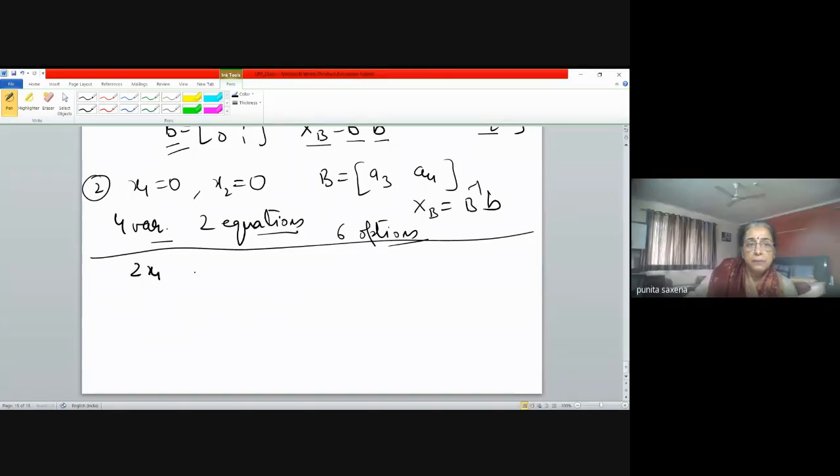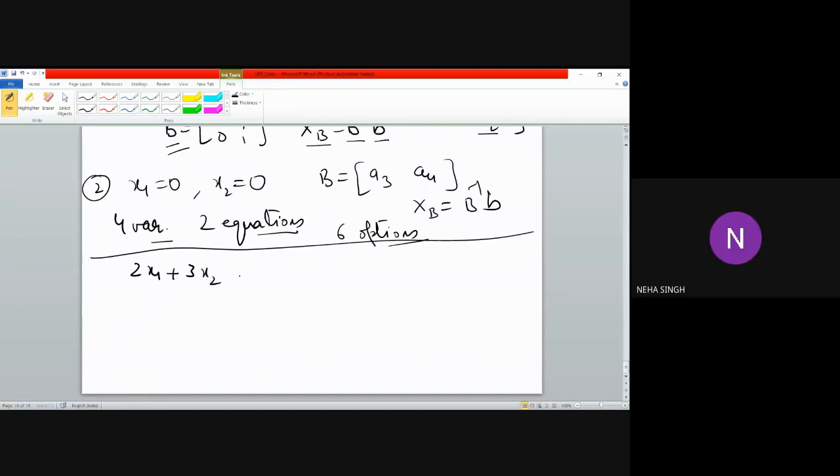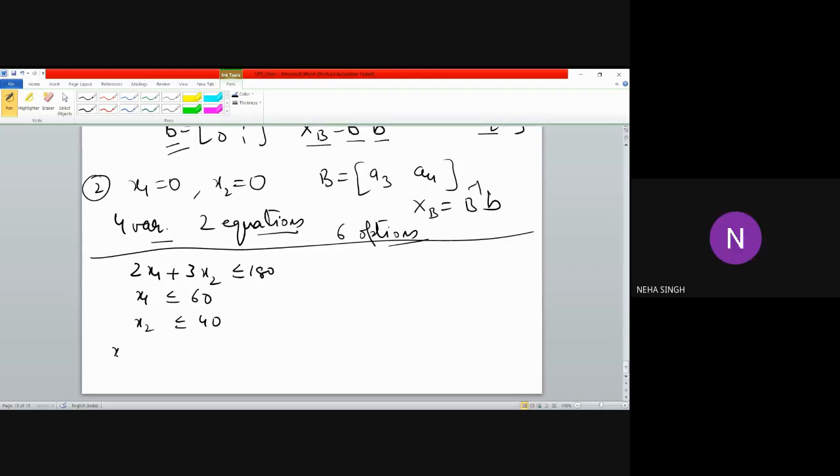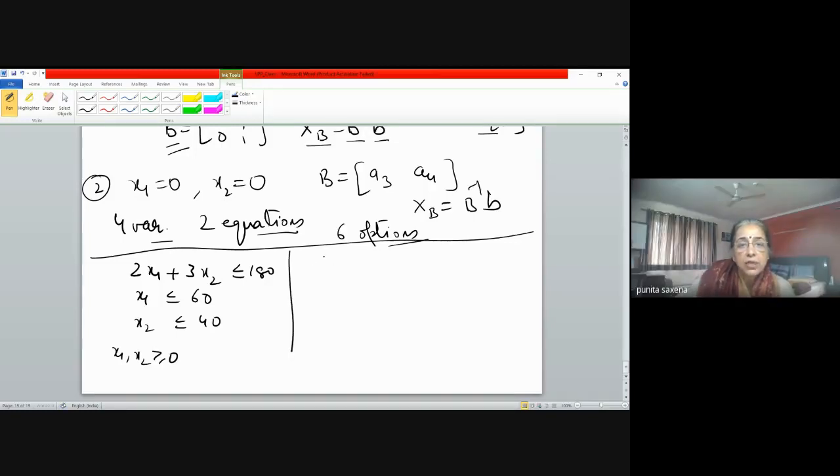2x1 plus 3x2 less than equals to 180. Okay. x1 is less than equals to 60. x2 is less than equals to 40. बाकी उसमें नॉन नेगेटिविटी रेस्ट्रिक्शन, that is x1, x2 more than or equal to 0. ठीक है, अब इसी को ही हम कन्वर्ट कर सकते हैं इक्वेशंस में बाय एडिंग दी स्लैक वेरिएबल्स। x1 plus x4 equal to 60 and x2 plus x5 equal to 40. ये इक्वेशंस बन गई हमारी।